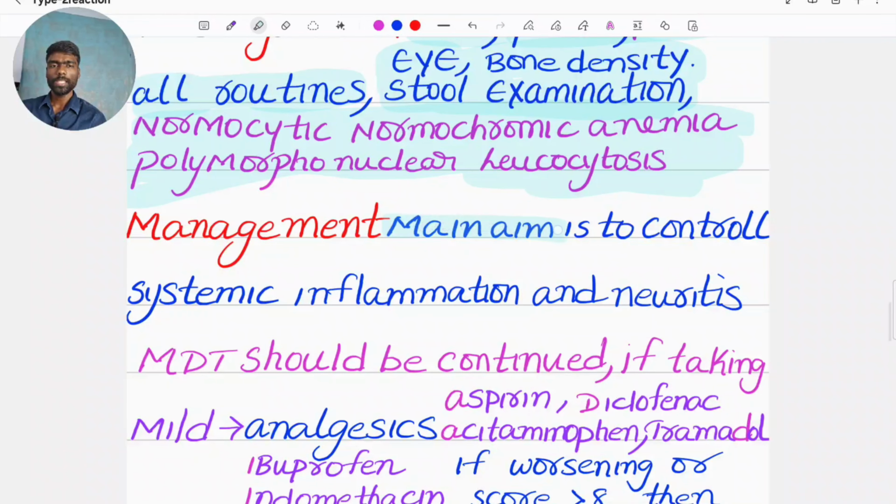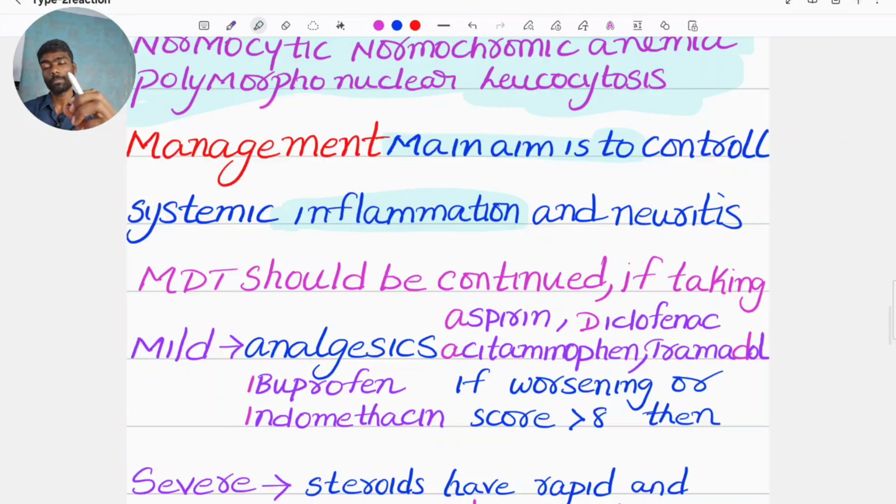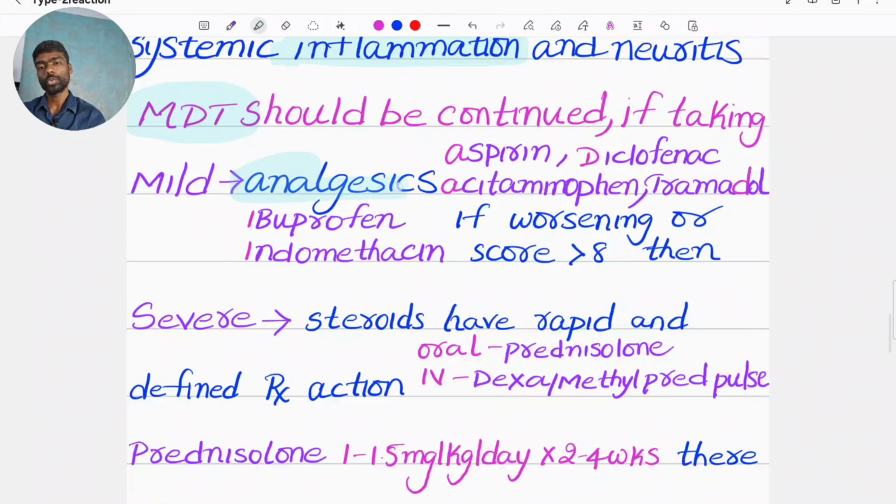Coming to management, the main aim is to control inflammation and neuritis. If we are not controlling by giving drugs, in the long term it will lead to permanent nerve damage. So to avoid permanent disability, we have to start treatment immediately. If the patient is taking MDT, they have to continue as it is. For mild cases, we will give analgesics: aspirin, acetaminophen, diclofenac, tramadol, ibuprofen, indomethacin. If not reducing or worsening or the score is increasing more than 8, then we will reclassify it as severe ENL